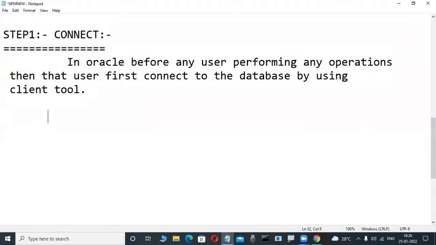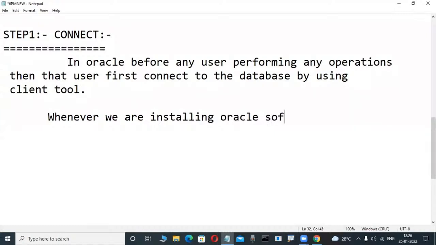Next para, write it. Whenever we are installing Oracle software, it is called Oracle server. Whenever we are installing Oracle software, then automatically